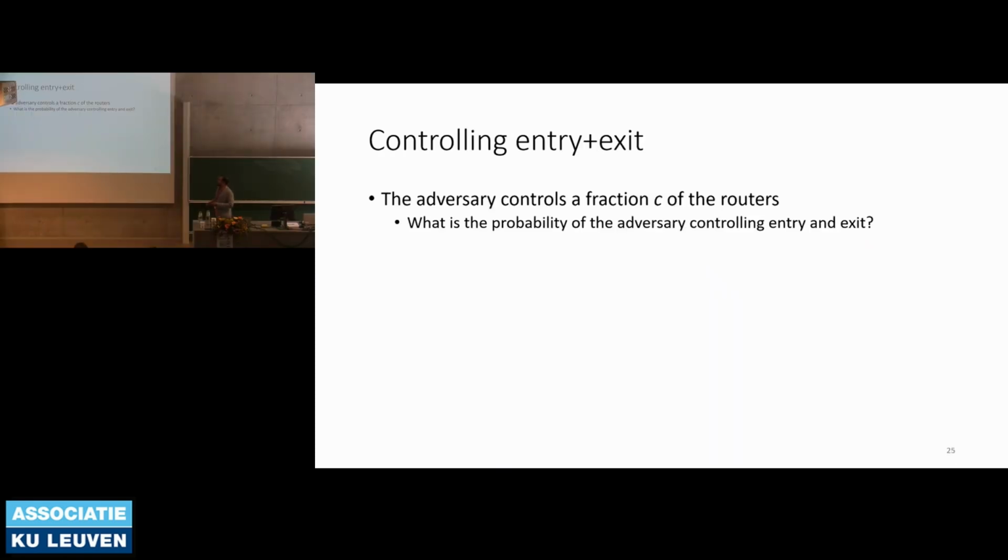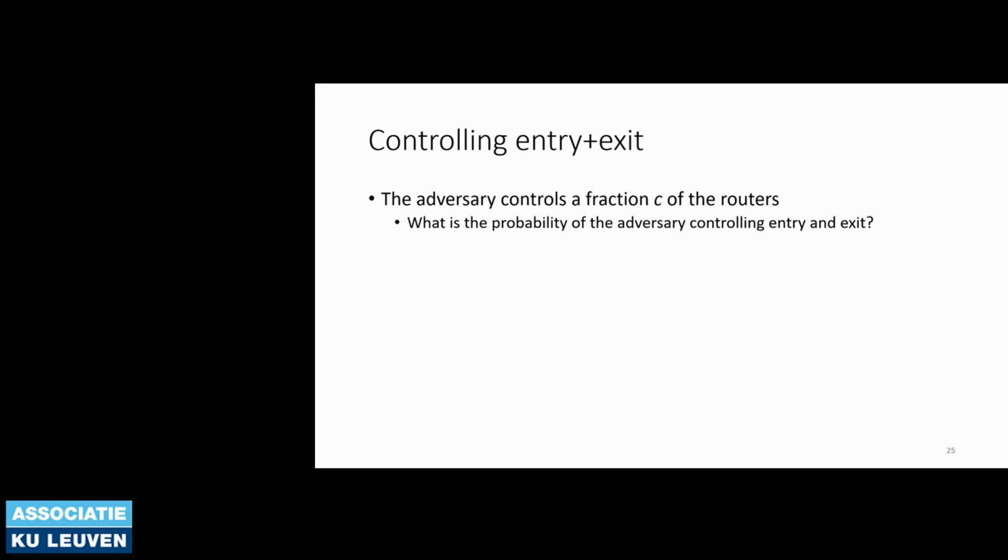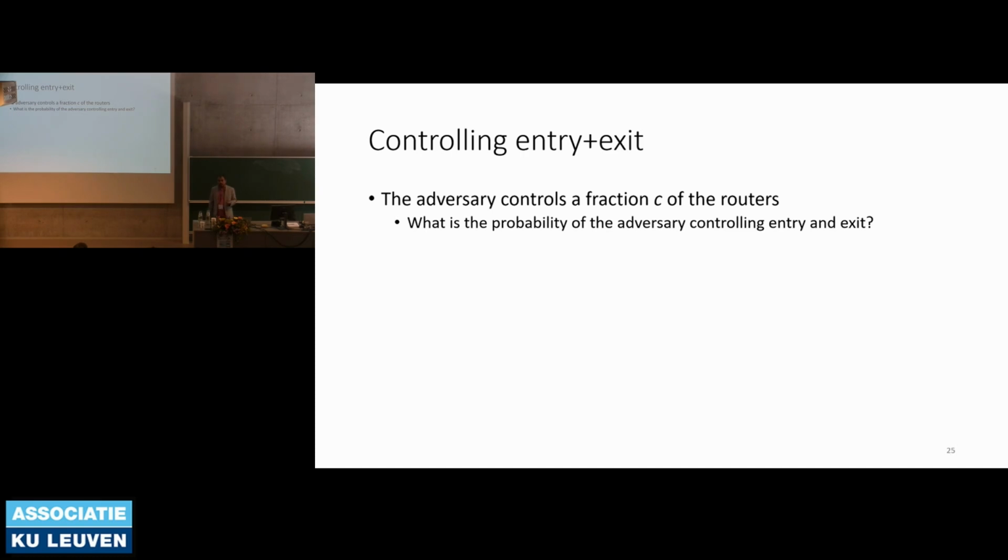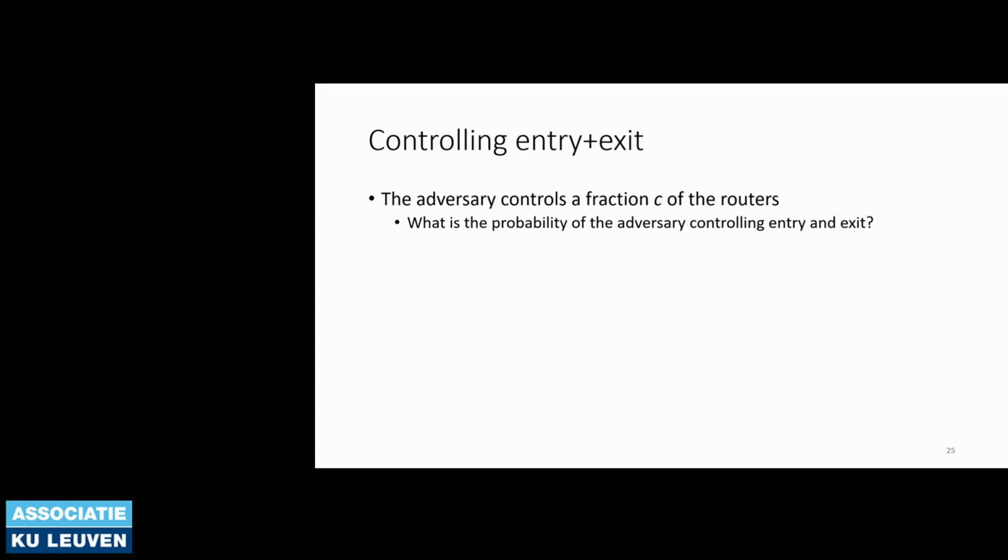And if you can compromise entry and exit nodes, that's even better. The question is then, suppose 10% or 20% of nodes in Tor are compromised, how much fraction of traffic can you observe? Suppose you don't want to do a targeted attack, but you are happy as long as you can break the anonymity for 5% or 10% of Tor users. You can still profile them, you can still get information out of them. And if you can compromise a certain percentage of entry and exit nodes, or even if you're a big ISP, you can still significantly de-anonymize Tor.